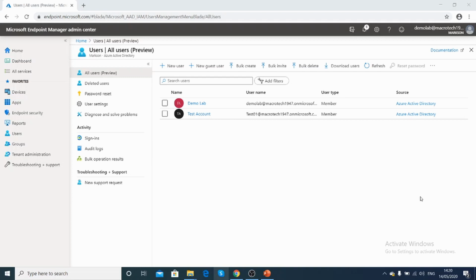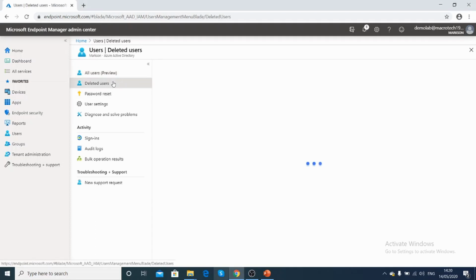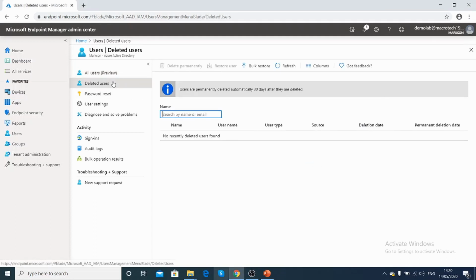If you want to download the complete user data also, you can download it from this setting. And in case you want to restore deleted users, you can go to deleted users and restore that action, and it will go back to all users. Provided this is kept, it will be here only for 30 days. After 30 days, it will get removed automatically.